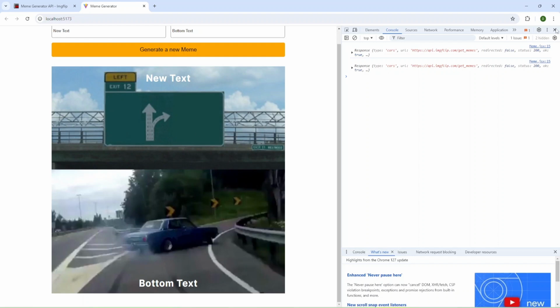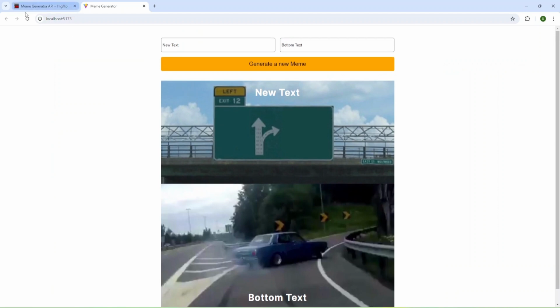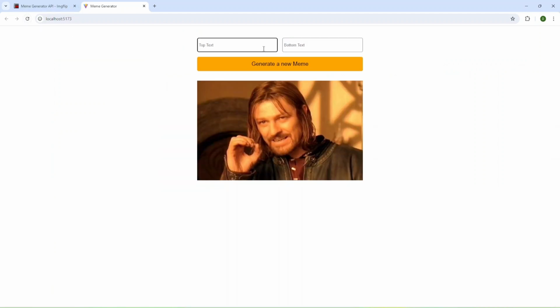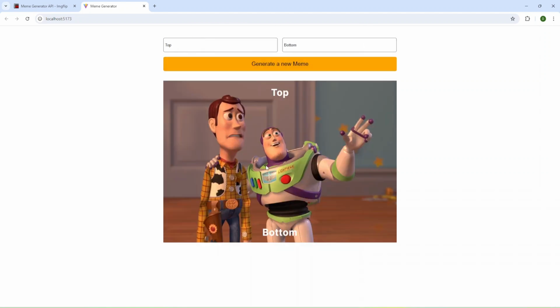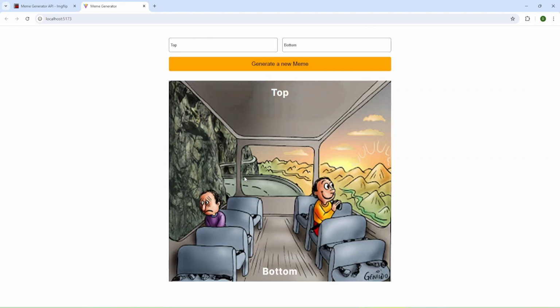I can hide this console log and refresh the page and provide some text, top, bottom, and check everything again, and everything is working as expected.